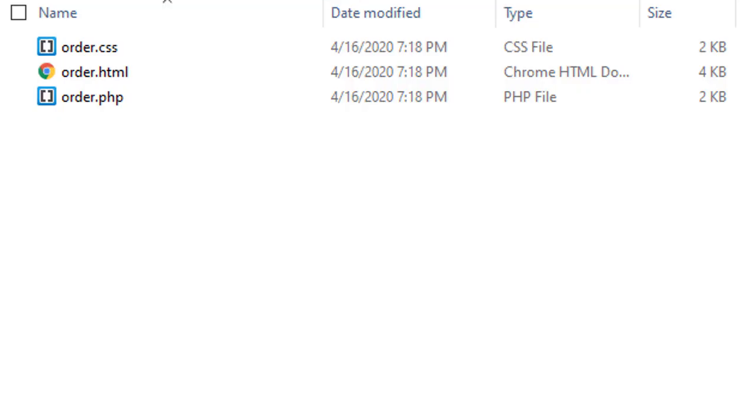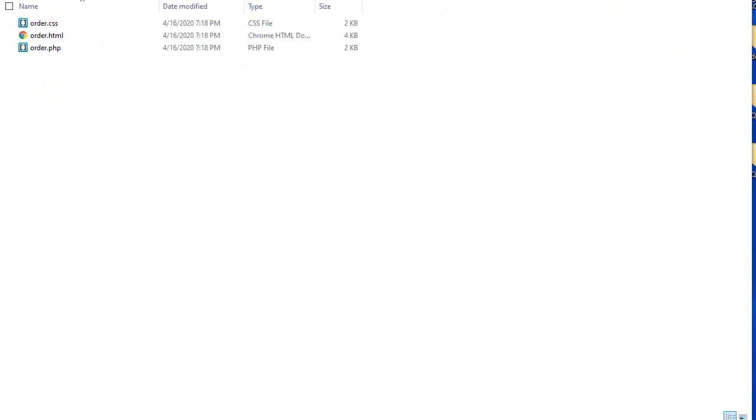Up to this point in this course, we have been working with files that are all in the same folder. For example, we would have our HTML file, our PHP, a CSS, any possible images in the same folder. Therefore, we would not need to worry about paths. In this chapter, we will be working with files and we will be using folders, so we will need to